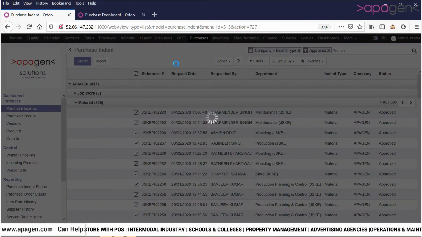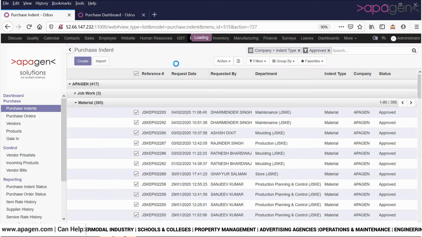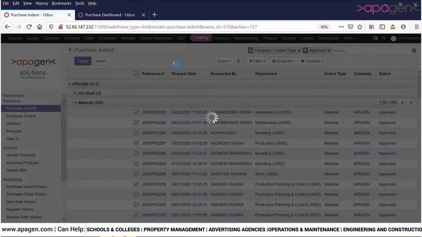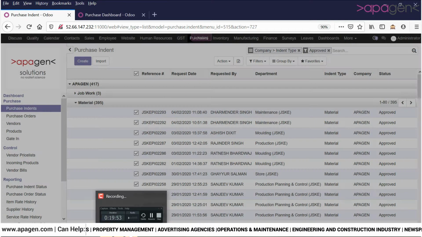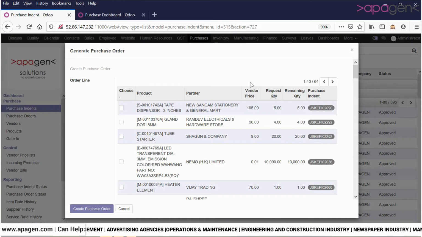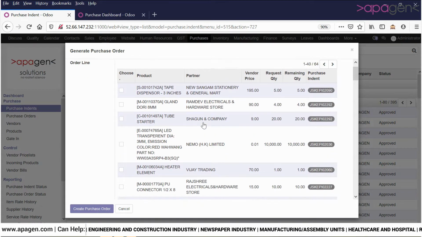At this point of time, I am able to see a wizard for generate PO. Let's have a look. You can see here in this window, I would be able to see different order lines. I can choose which product order lines I would like to go ahead with.